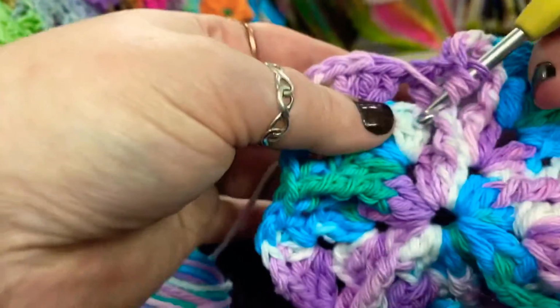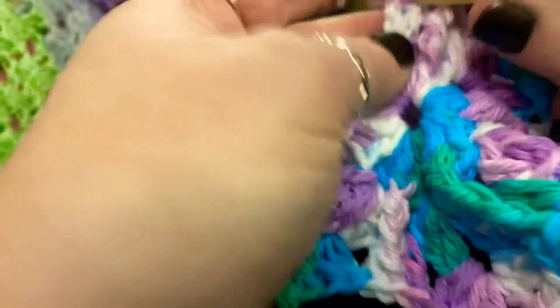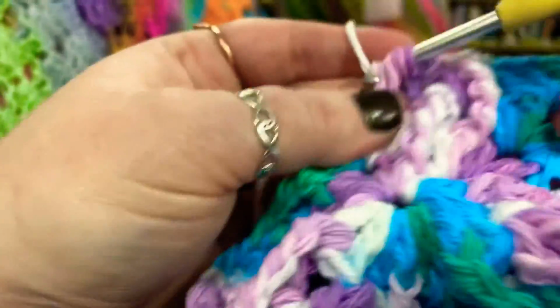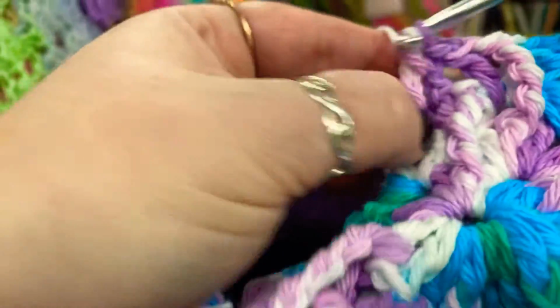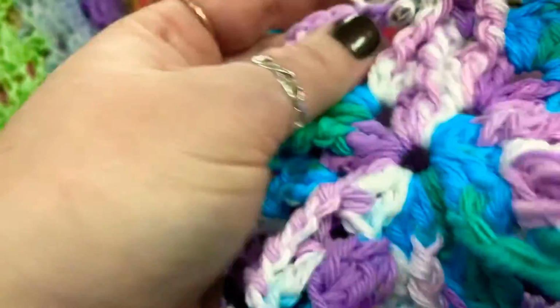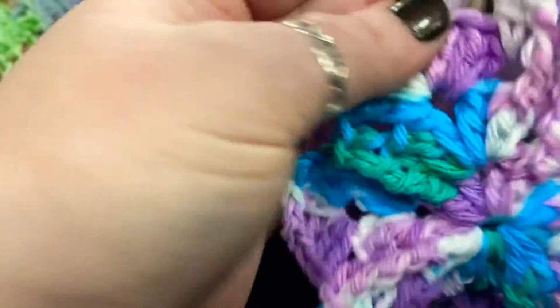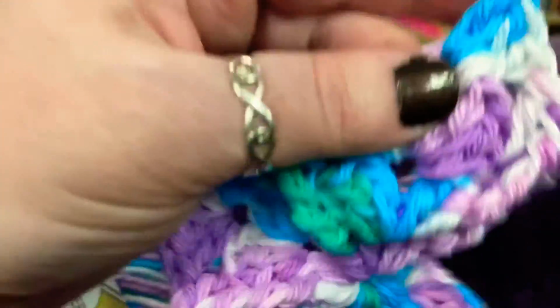3 loops, skip a row, pull up a stitch, through 2, through 2, through 2, and through 2, followed by a regular double crochet. Now into the corner for your first cluster. Chain 2 and a second cluster,